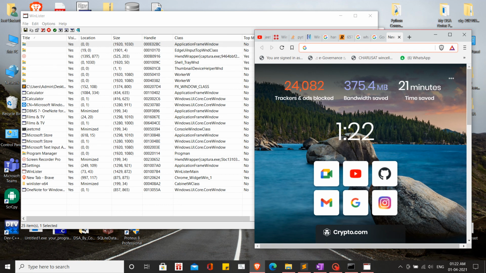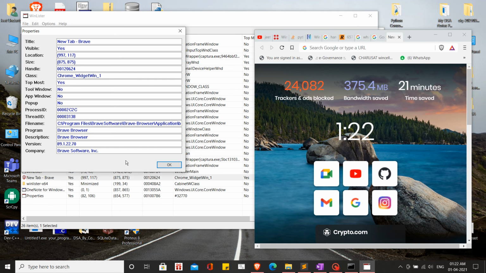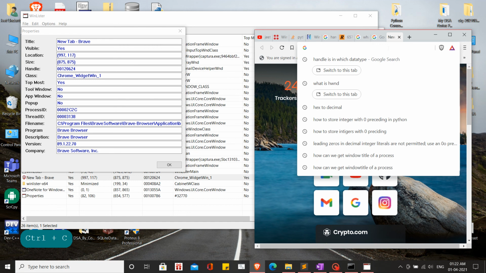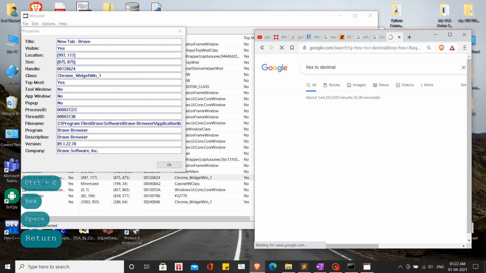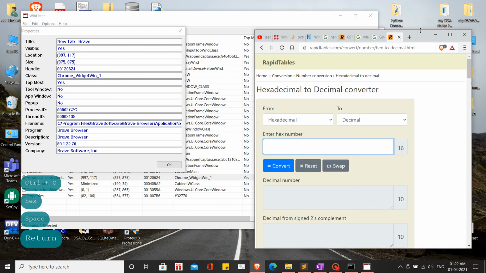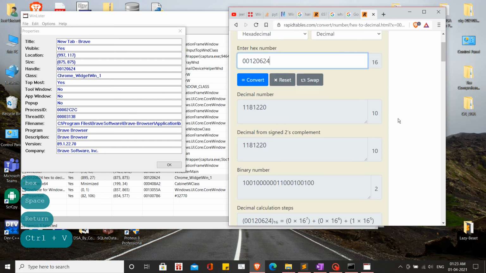For now we just want to see this for the preview browser, right? I'll double click on that, copy the handle, search for hex to decimal, enter this hexadecimal, and try to convert it. And you'll be surprised: its decimal number is this, right?